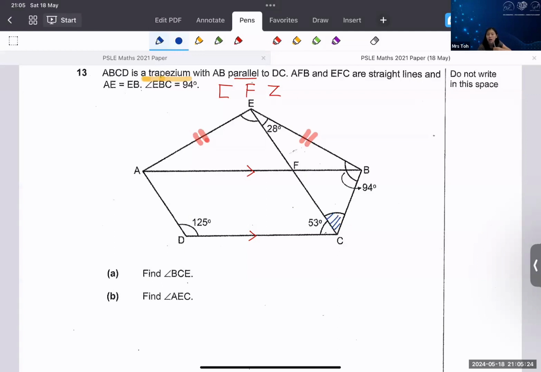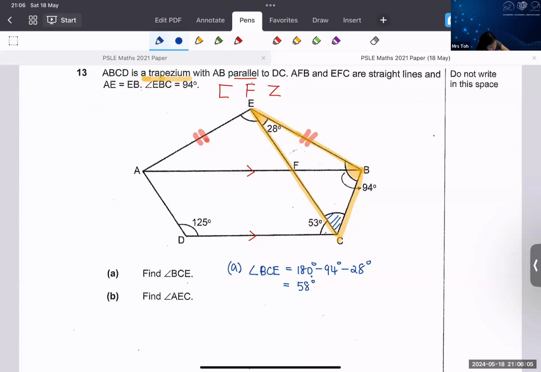Who can tell me? I just want to know how many steps do you take to find A? How many equations? Everybody, 1. Okay, good. Yeah, it should be 1. If you have more than 1, then you should go and figure out why you need so many steps. Okay, so you have to consider this triangle BCE. So you have 28, you have 94. You just need to find the angle BCE. Okay, which will be 180 minus 94 minus 28. That will give you the answer